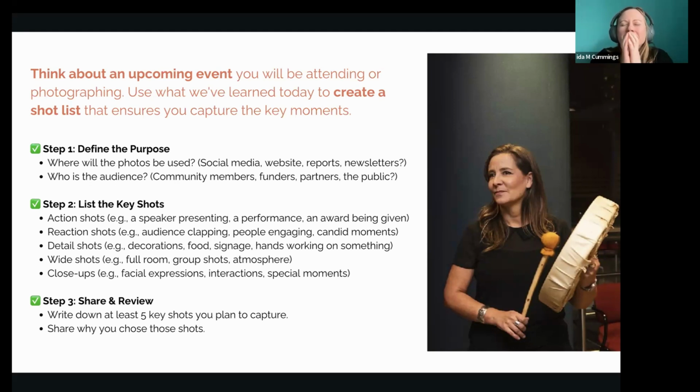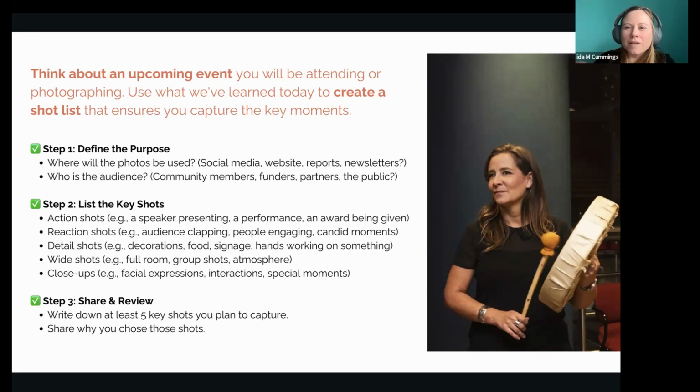Taking a photo doesn't mean going up to a booth and taking a photo. Taking a photo means going up to a booth, setting up your shot, and standing there and waiting and waiting until the moment happens. You're going to start to see when it's going to happen ahead of time, but just simply walking up there and taking a photo isn't going to show any emotion or anything.